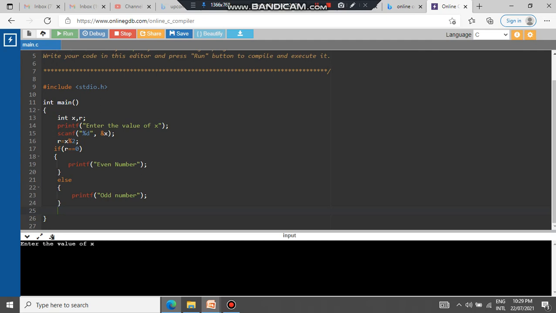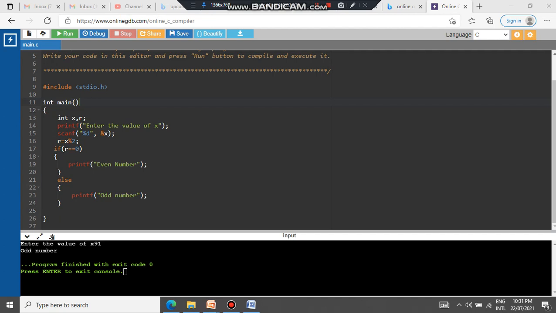If you enter any value for x, so if I enter x is equal to 60, 60 mod 2 is equal to 0, and it is an even number. You can see the output generated over here. If we run it once again, and if we give the value as 91, 91 mod 2 is 1, and it will be an odd number. Okay, so 91 mod 2 means what? When 91 is divided by 2, what is the remainder? So the remainder is 1. So that's the reason that this is an odd number. So over here I hope you understood the program of even and odd.